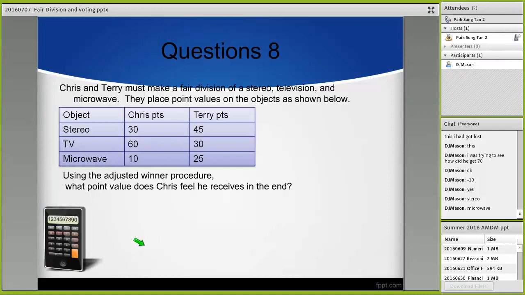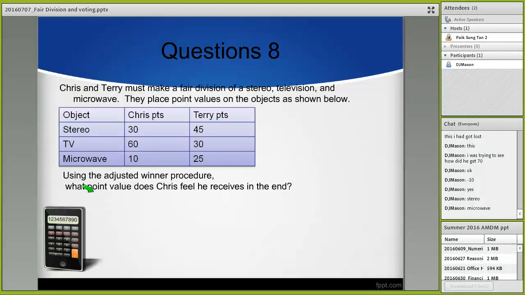Now we're going to read the questions. Chris and Terry must make a fair division of stereo, television, and microwave. They place point values on the objects as shown below, like the same table. Using adjusted winner procedures, what point value does Chris feel he received at the end? Okay, here's where the words come in, okay? So step 1, we know what we're gonna get, okay? Step 2,